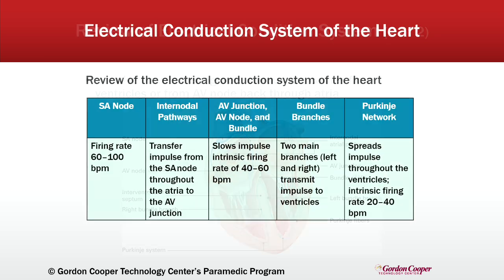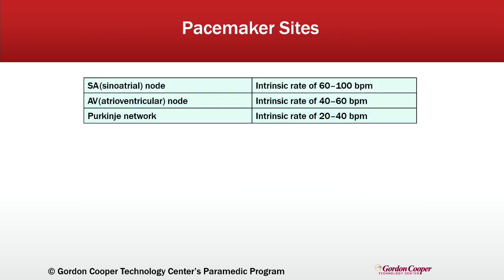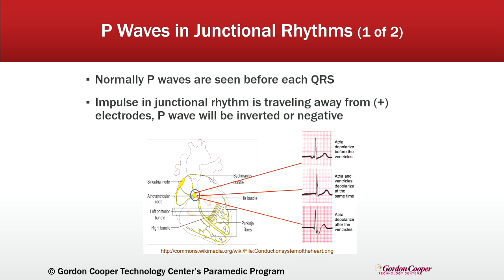junctional rhythms. Nothing new here, you've seen this: the SA node, our firing rates, and how impulses transfer and all of that. And then we know we've got our pacemaker sites and their intrinsic rates. All right, so let's talk about some of the differences, some of the things that we're going to see, those characteristics of junctional